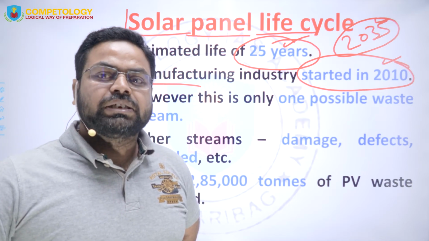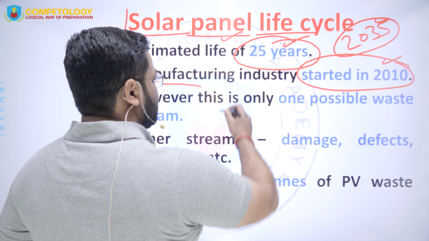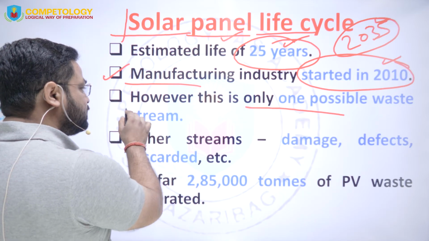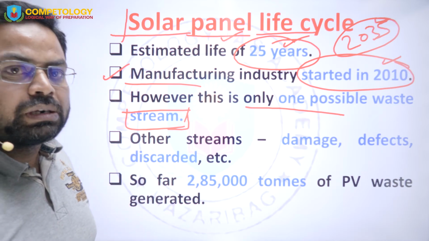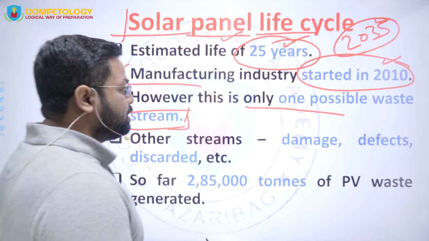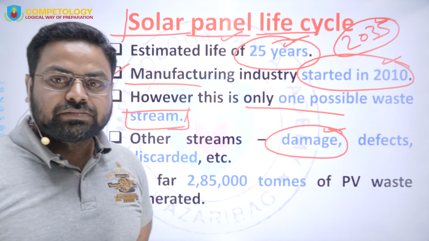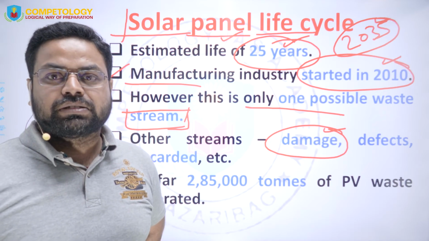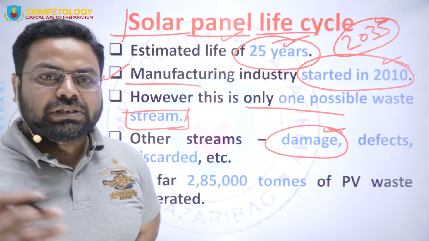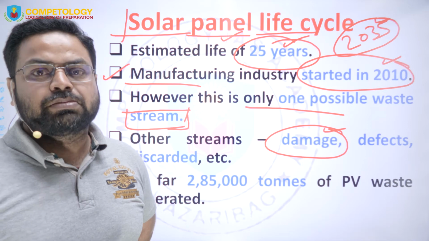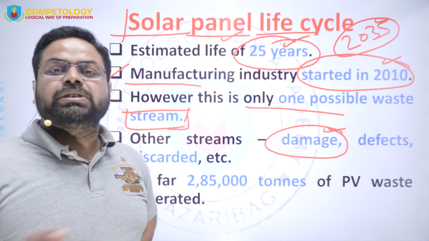So we should consider it now, because this is only one possible waste stream through which the PV wastes will be generated. Later on, if we talk about the other streams, then there may be damage during the manufacturing processes, maybe during the transportation processes. If the manufacturing has happened, then during the transportation also it could be damaged. And if it comes down to the location of installation in single piece in well and good condition,